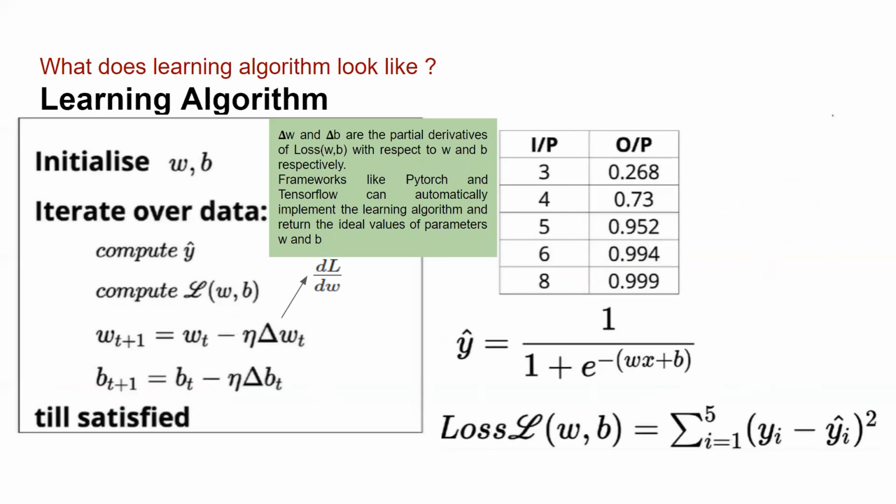What we are saying here is, if you recall, this was the equation, coming from the previous slide, but now we have introduced another term called eta, which is setting the length of your step. Now the question is, what are my delta w and delta b? If I figure out the value of delta w and delta b, then I am done with the learning algorithm.